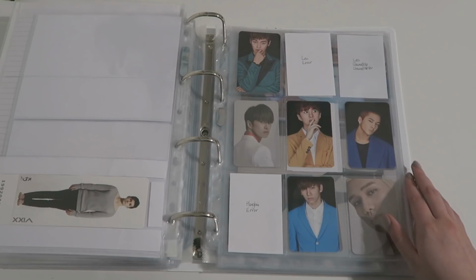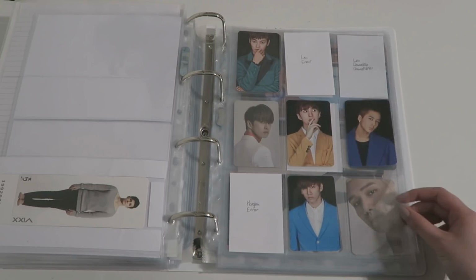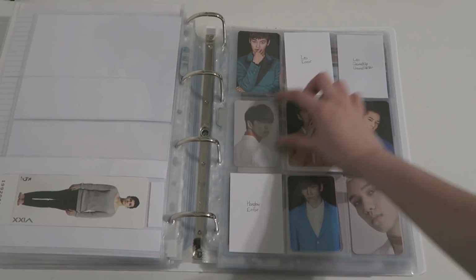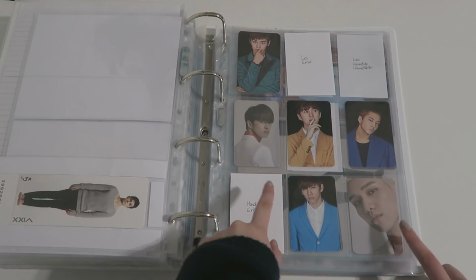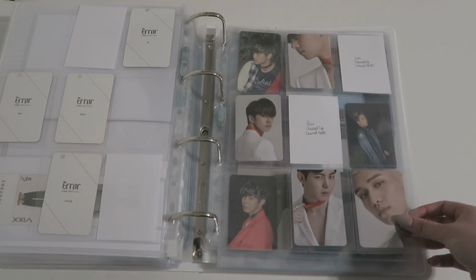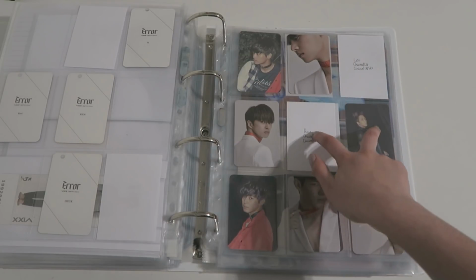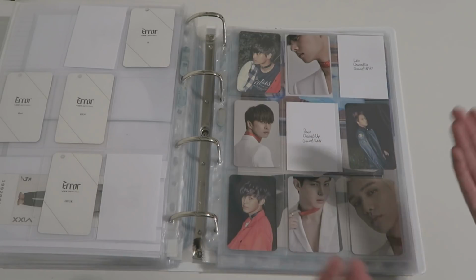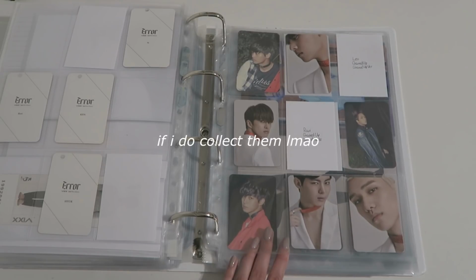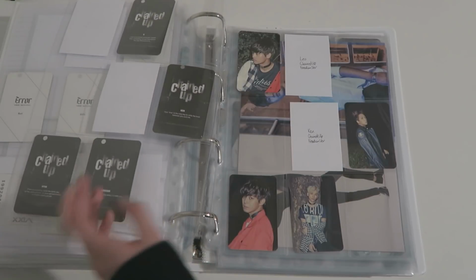Something similar to my Red Velvet one, but that's still in progress. I don't know if that's going to go through or not, but I'm thinking of it like that if I do manage to put in the little inserts, because as you can see the chained up ones behind it, that's because I swapped it. Instead of having these 2 here, they're there, and instead of having these 2 there, they're there, just so it spices up a little bit. And that's what I might do with G-Idol. So that's the chained up version. And then the Freedom version,